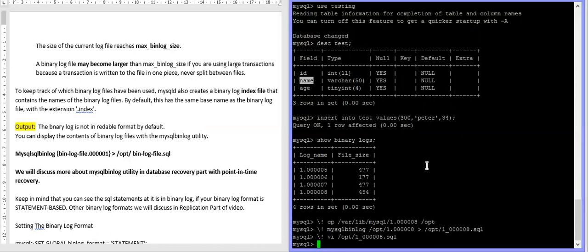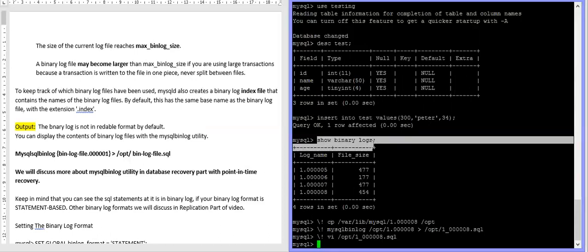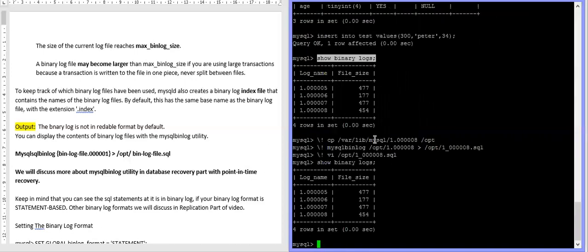So if you have this many files, you can use purge binary logs to '008' in single quotes to remove those files. What it will do is delete all the files before 008.